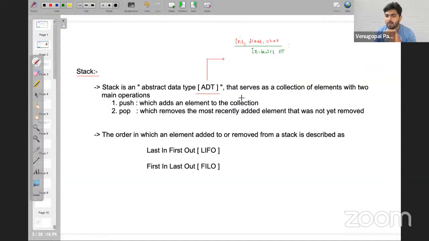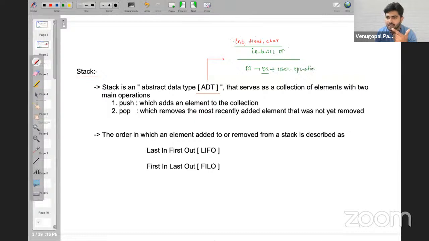But using all these inbuilt data types, we can create our own data structures. On top of those data structures, we can apply some user-defined operations.